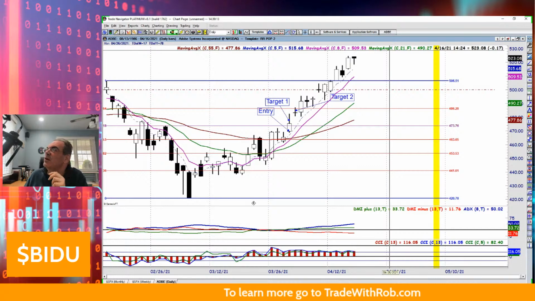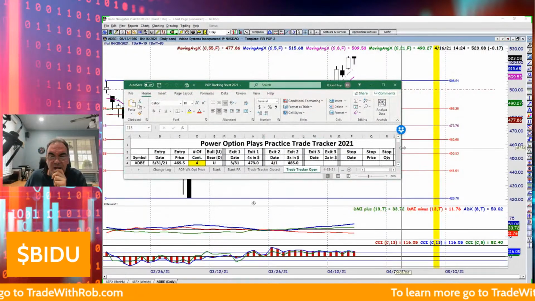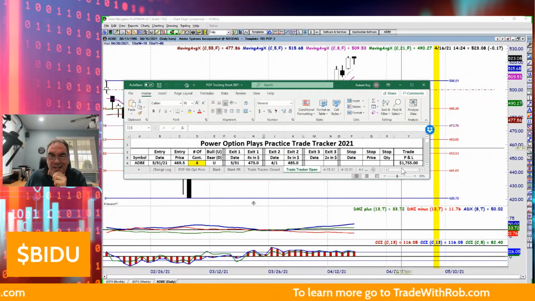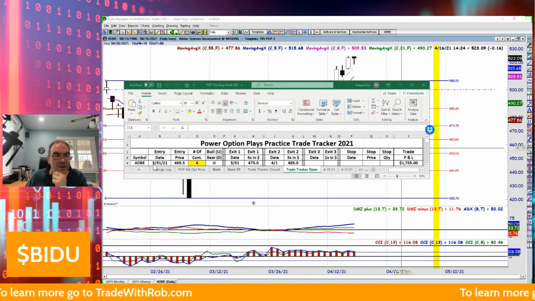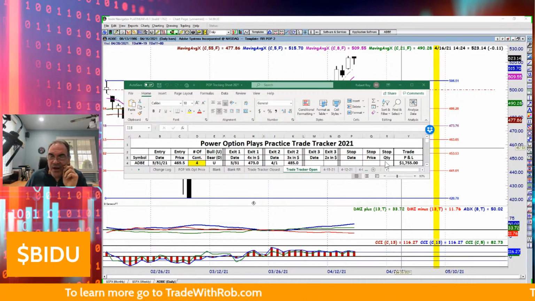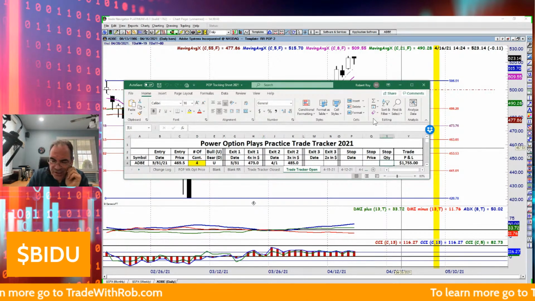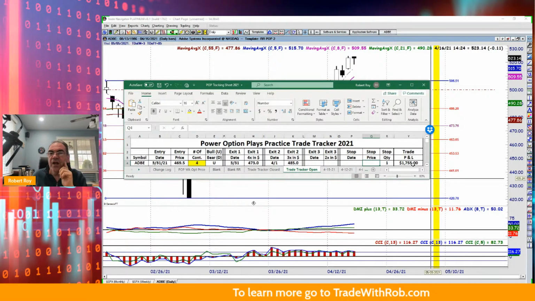This option, I don't want to scare you, so let me do it this way. This option had a $1,755 value on this trade, based on entering the trade on March 31st. We exited on the 1st, 2 contracts and then 1, so we still have 1 left. Right now, we have 1 contract left. Watch what happens to the number. I've got 1 contract left, and we had $1,755 of profit.